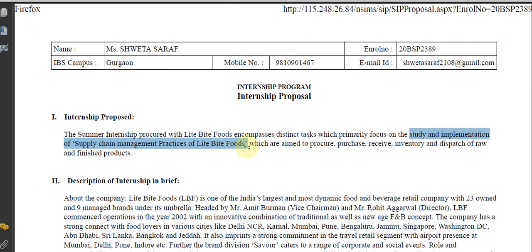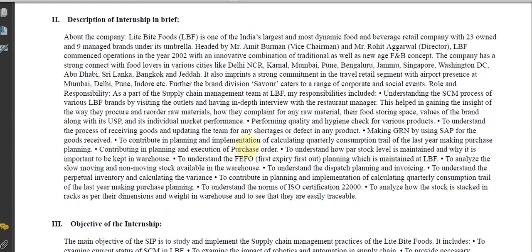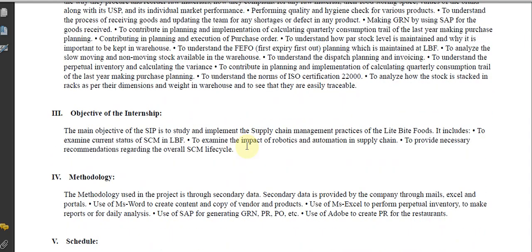So first of all, it is a department or a sample plus the industry you have chosen plus the area in which you will be doing your internship, or maybe the organization name also you can mention. Then comes your description of the internship in brief. So the description parameter covers the company profile and the roles and responsibilities given to the intern by the organization. So this is what you're supposed to cover here. So you can read from this particular page, followed by the sub objectives.